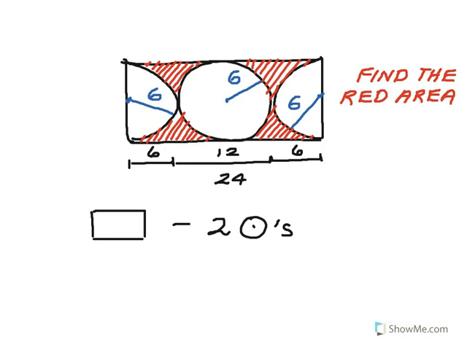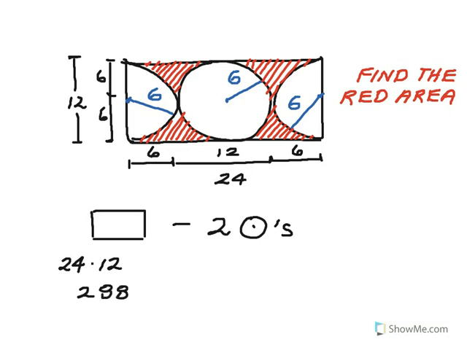Going this way, I have a radius of 6 and a radius of 6, so my height is 12. So the area of my rectangle is 24 by 12, which is 288